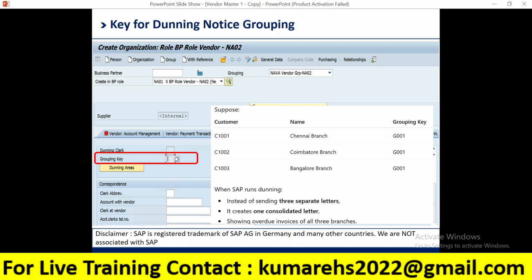The key for dunning notice grouping is a field SAP uses to group multiple customers or vendors together so that they receive a single combined dunning notice instead of separate letters. This key tells SAP how to group the accounts during the dunning run in F150. The purpose of this dunning notice grouping: it helps when a company has multiple branches but the head office should